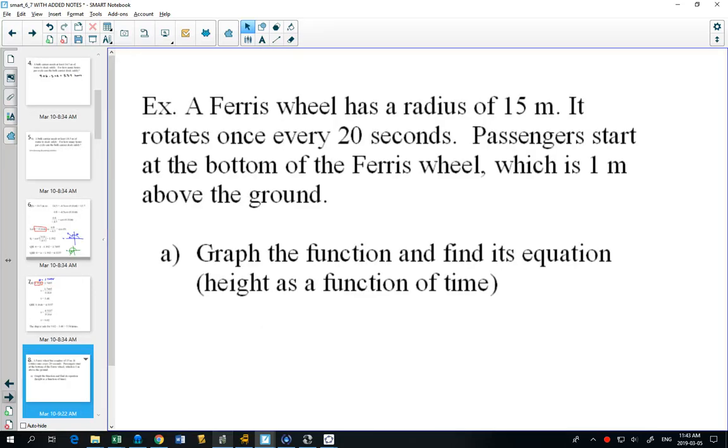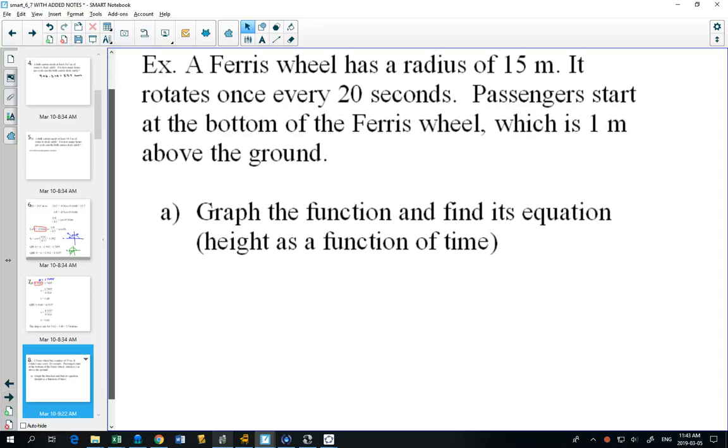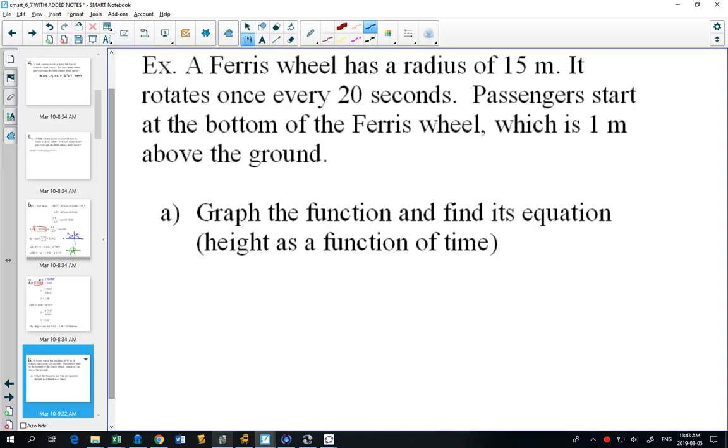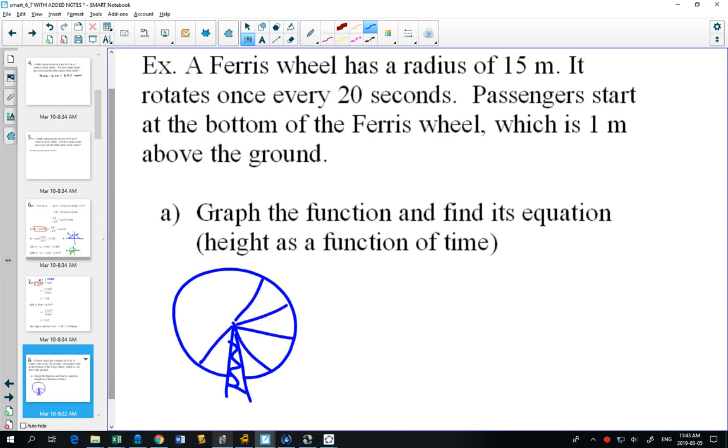Okay. Question number 2. A Ferris wheel has a radius of 15 meters and rotates every 20 seconds. Yikes, is that a little fast? That'd be fun, that'd be exciting. Okay. We want to graph this function. One thing I find helpful with Ferris wheel problems is actually drawing out my Ferris wheel beside, label what I know. I know that the radius from here to here is 15 meters,